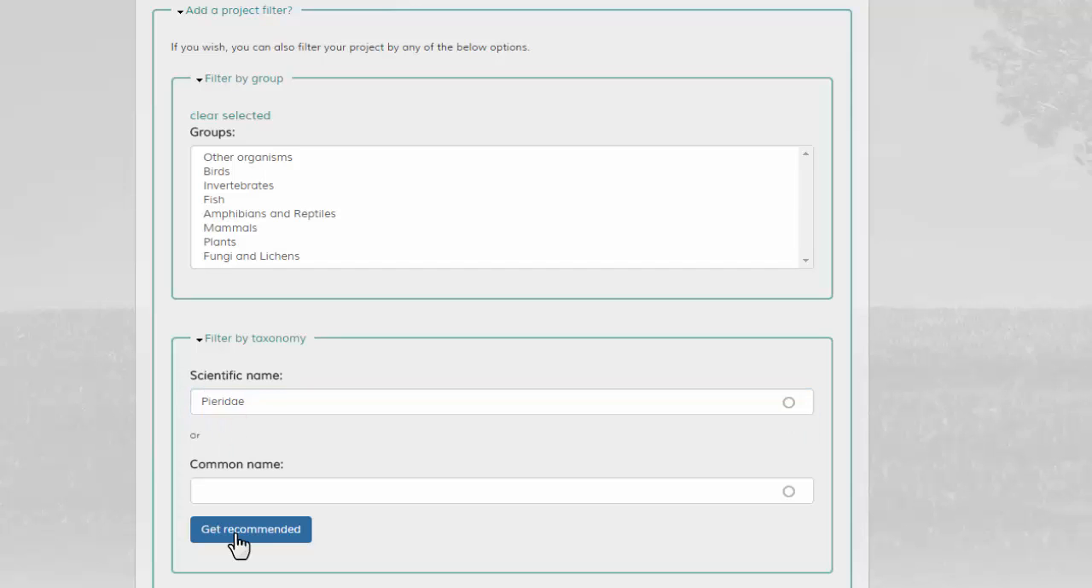It's worth clicking on Get Recommended at this point. Sometimes that will fill in the common name for you, or vice versa. If you've put in the common name, it will fill in the scientific name, but otherwise it just makes sure that the name has linked correctly to the dictionary. In this case, there's no need to add a common name. We could just save this with Pieridae, and our project would then just be picking up all the white butterflies that have been found in the Studland Heath area. In fact, I don't want to do that for this example, so I'm just going to delete that Pieridae from